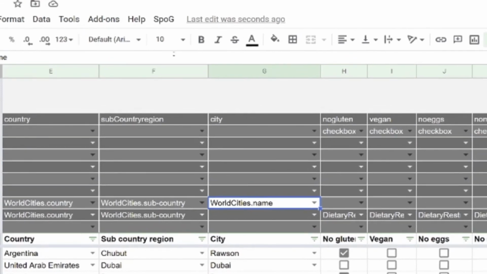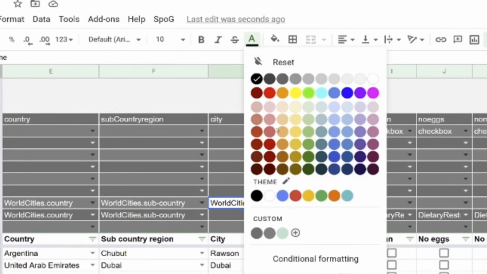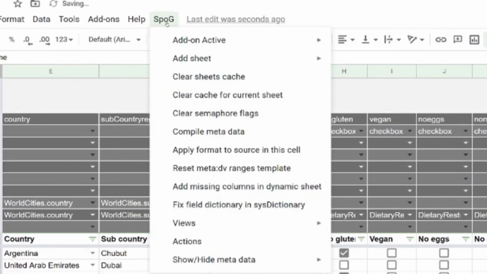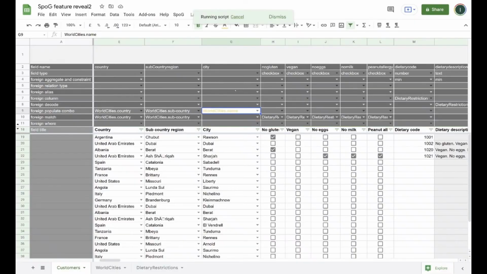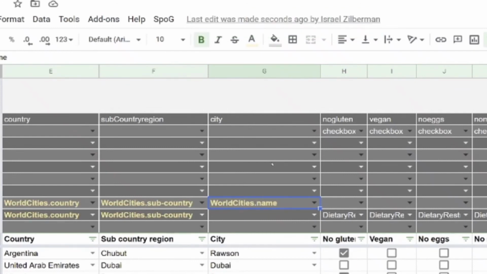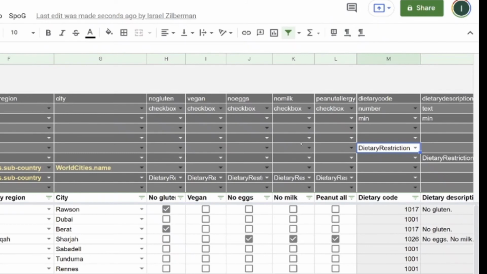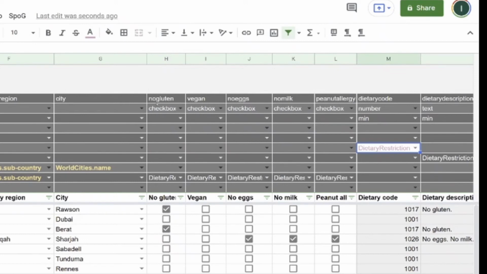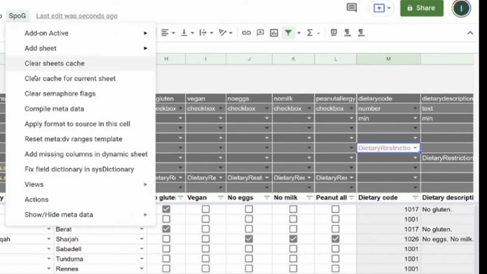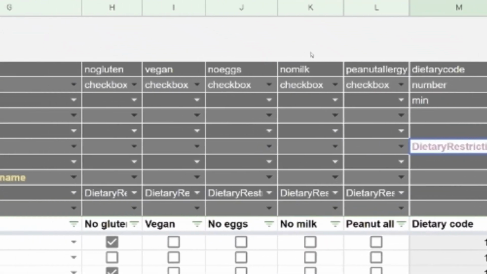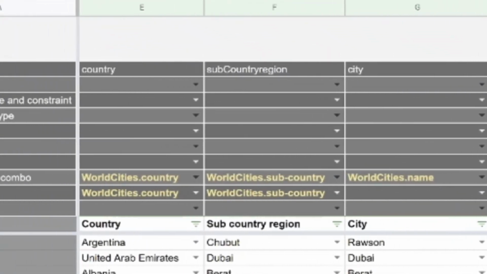Choose a color and use this menu option. And for dietary restrictions, let's choose a different format. And now it is easier to understand what we see in the metadata area.